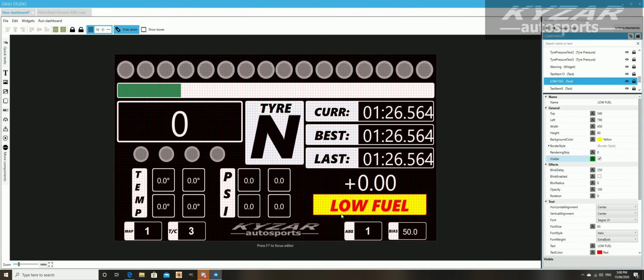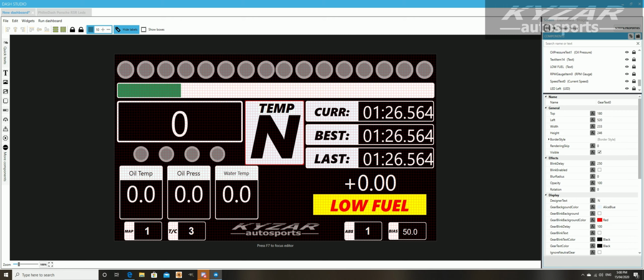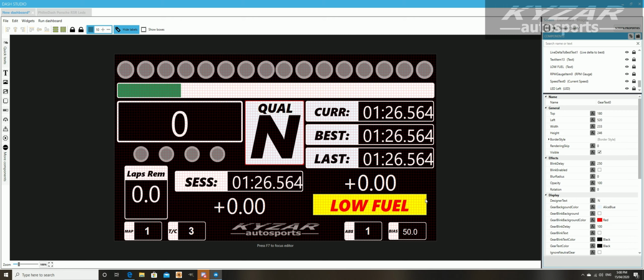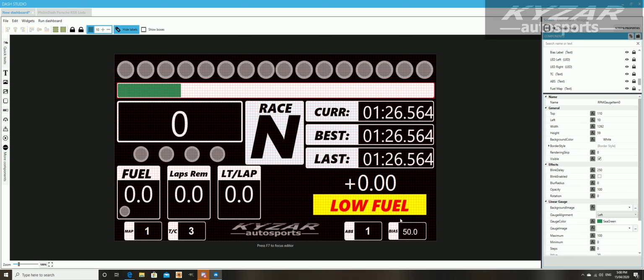Okay, so fuel alert: once we get down to about 2 laps of fuel left, we'll get a warning on the dash regardless of which screen we're in. Now, because we're likely to have only 2 laps of fuel thereabouts in qualifying, I might want to remove the warning from that page, but we'll have a look at that a little bit later. What I want to do now is add a couple more